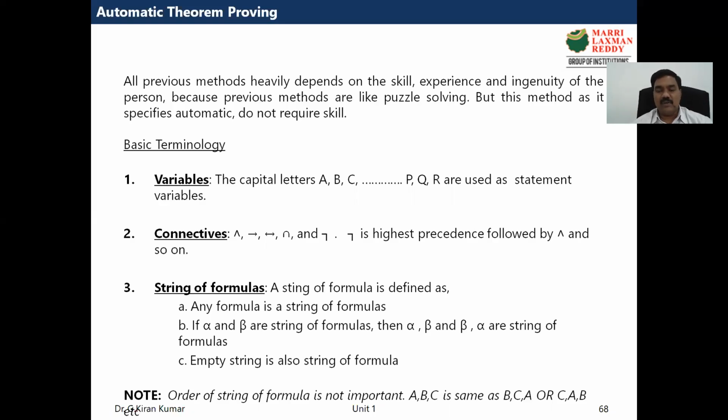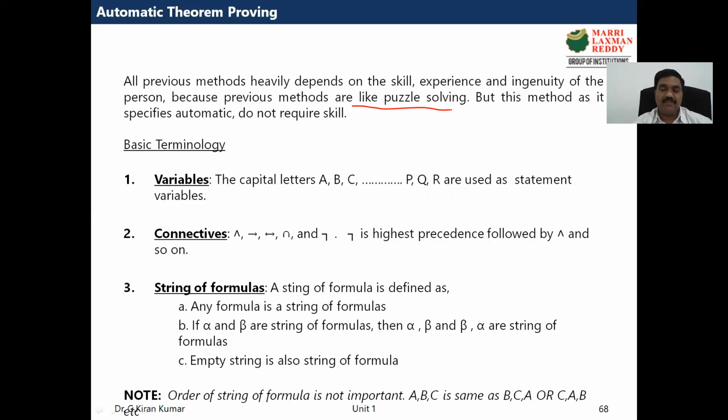This is the most interesting when compared to the remaining ones, but the only thing is that it has its own terminology and its own set of rules. So we have to remember all those rules, and only then can we apply this. A person need not be an expert. Simply apply the inference rules and automatically he can get it. It's not like a puzzle. That is the point you should understand. Whereas earlier methods are like puzzles, where we should think of different alternatives to derive, this method doesn't require any such thing.